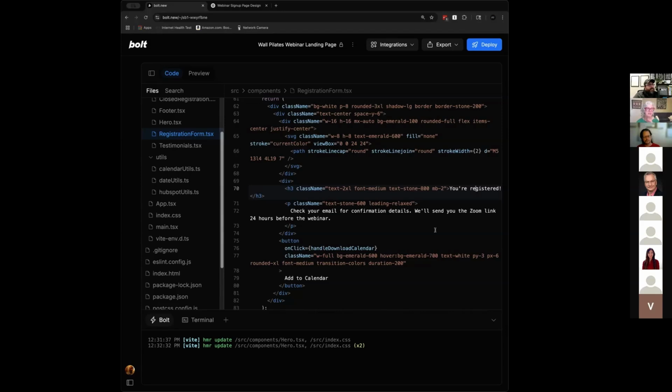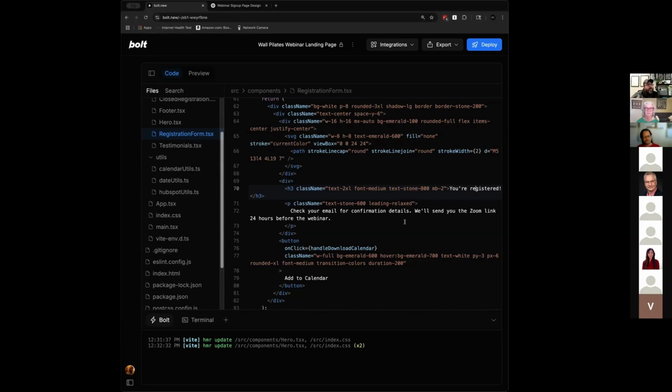Yeah, so the way that Bolt does it is that it actually keeps all of your code in context. And so when you go to make a change, it's like having every line of code in your brain at the same time. Because of that, it's going to charge you more the bigger your project is.